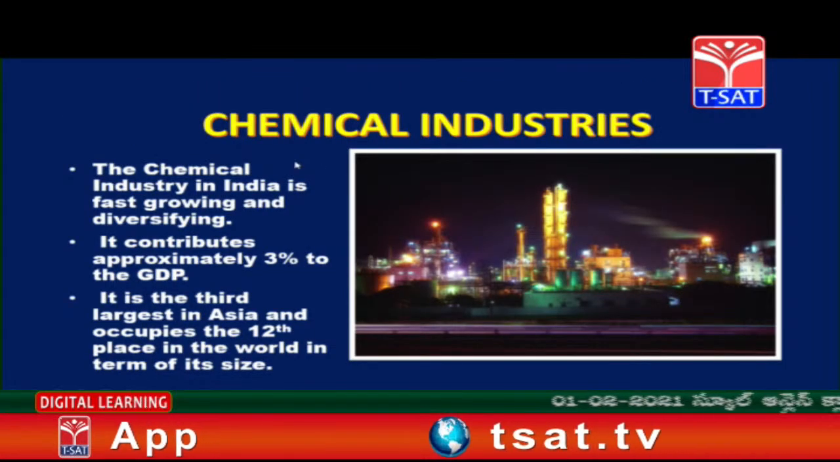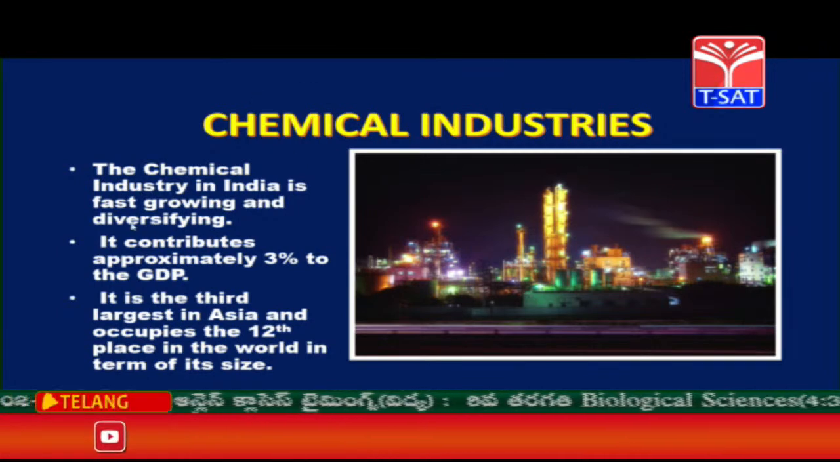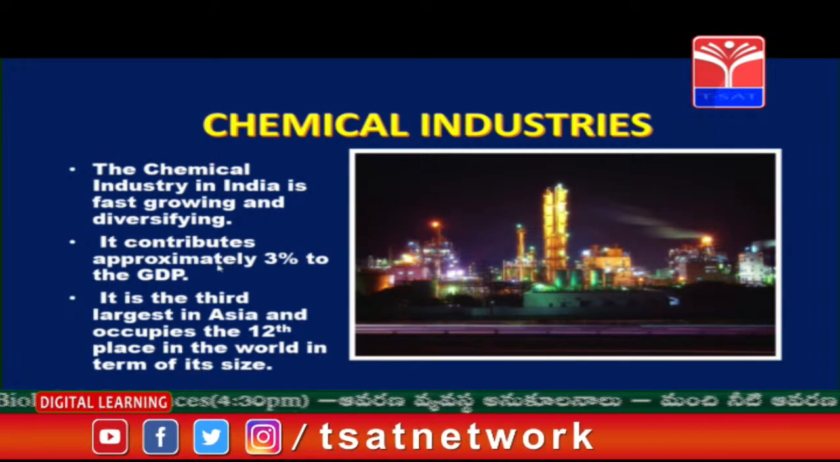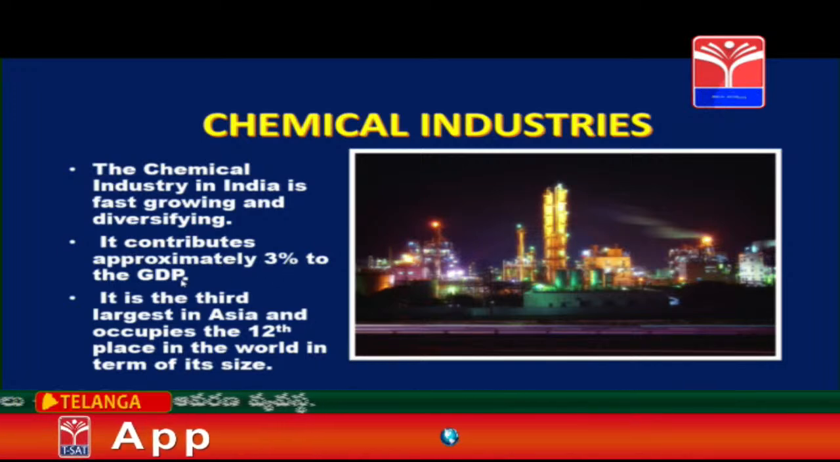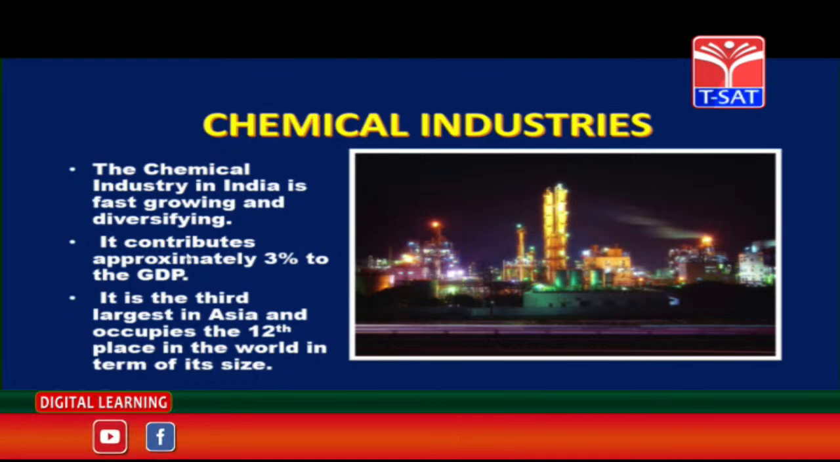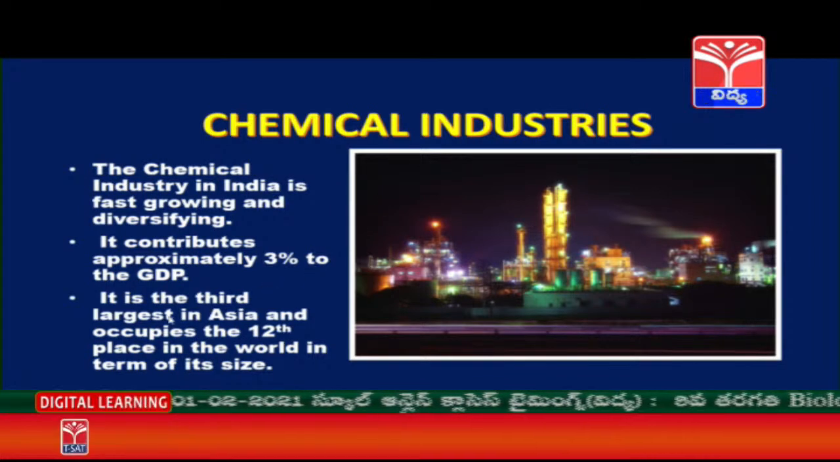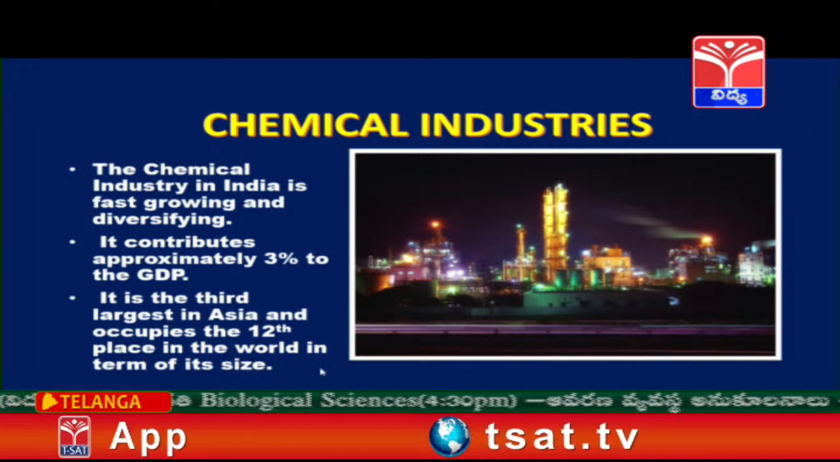Next type of industry is chemical industries. Chemical industry in India is fast growing and diversifying. Diversifying means it is spread. It contributes approximately 3% to the GDP. What is GDP? It is gross domestic product. That means the total value of finished goods and services produced in a country in a year. So, what is the contribution of chemical industries? It is 3%, and it is the third largest in Asia and occupies 12th place in the world in terms